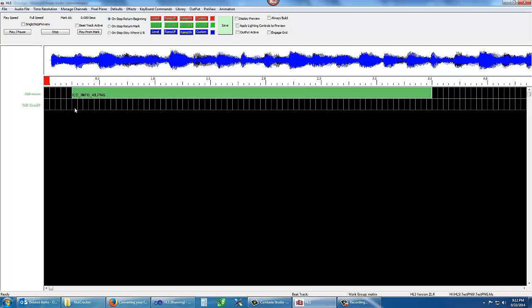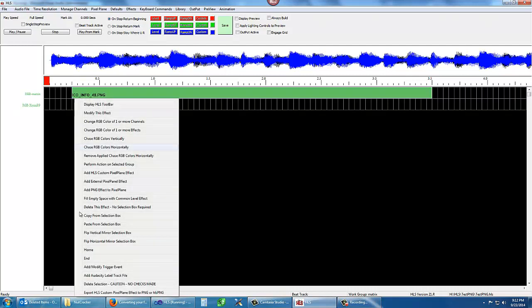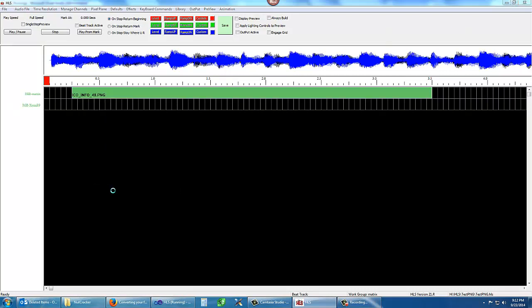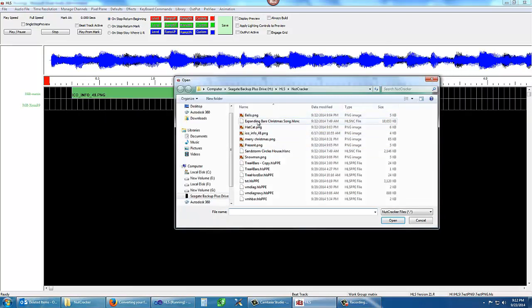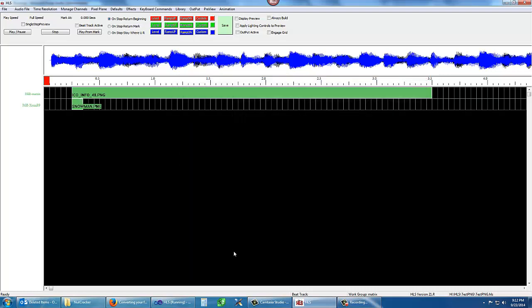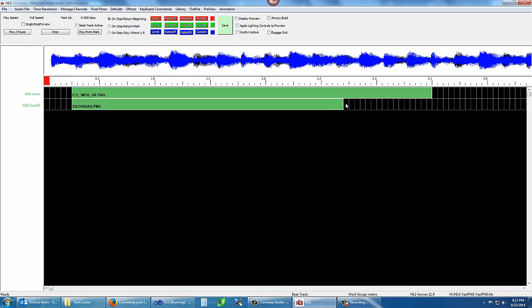New capability is you put your mouse right here where you want the effect to start, and you right click and you come down here and it says add PNG effect to pixel plane. You click on it. Now it's going to give you, we're up in our Nutcracker folder. Let's put the snowman first. So we put Mr. Snowman. Now if you notice, it comes out too wide. So just click on the tail and then you can pull it. And we'll make Snowman